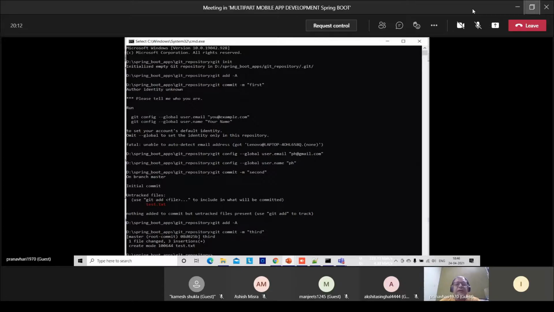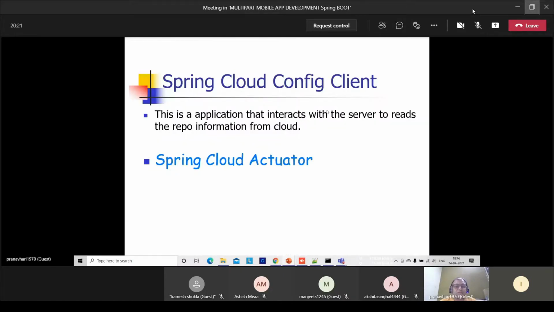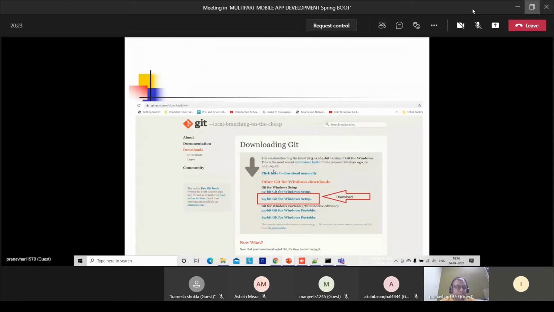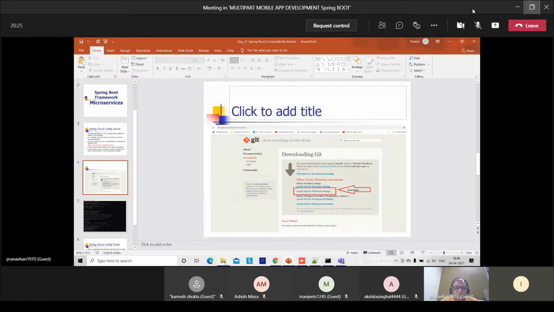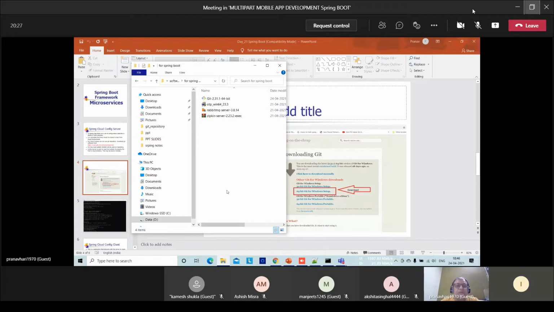Now what you have to do is that, let me see, just wait. Don't get confused. I'll show you. Let me minimize this window. And after installation of Git, what you have to do.